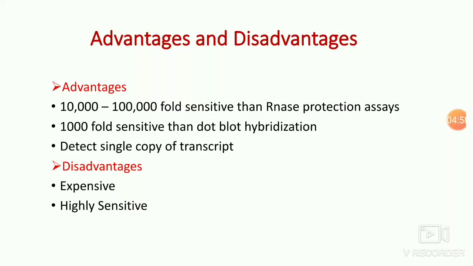Some of the main advantages and disadvantages are as follows. The advantages: it is 10,000 to 100,000 fold more sensitive than RNase protection assays. It is 1,000 fold more sensitive than the dot blot hybridization technique. Even a single copy of a specific transcript can be detected by using this process. The main disadvantage of this technique is that it needs very expensive equipment and also costly reagents, and this technique is